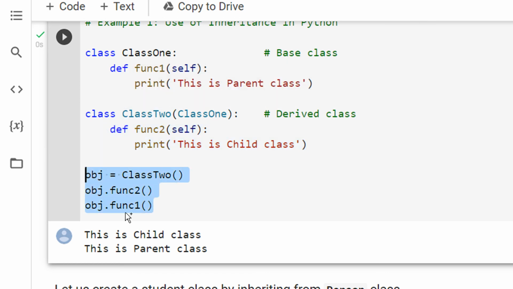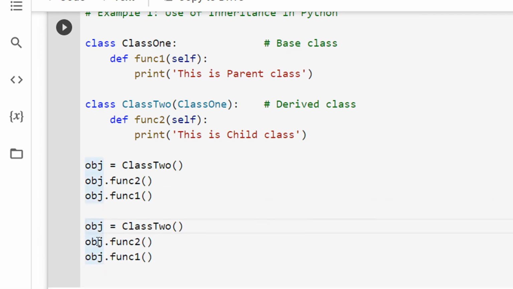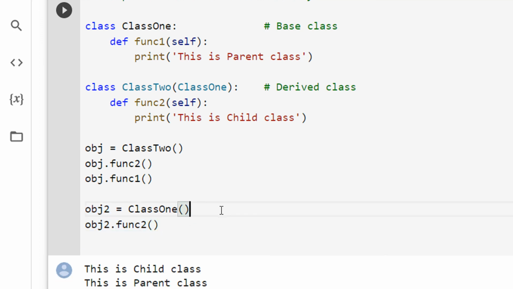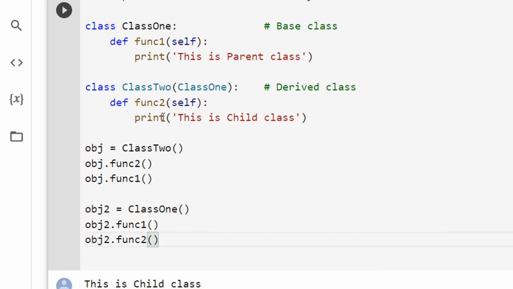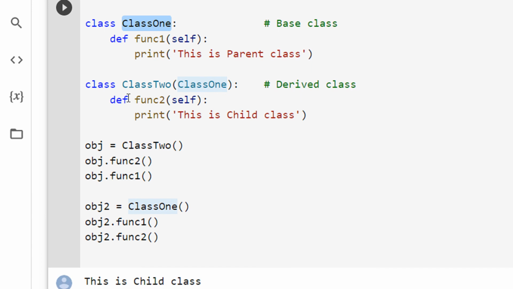Now remember one thing, even if you have inherited, let me make this class 1. Object 2 is of class 1. Any object of class 1 can surely access its own functions, but object 2, which is of class 1, cannot access function 2.